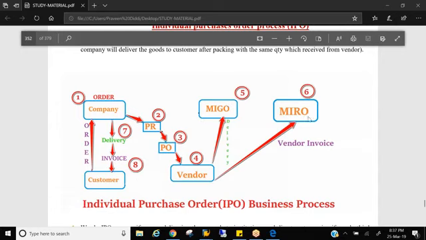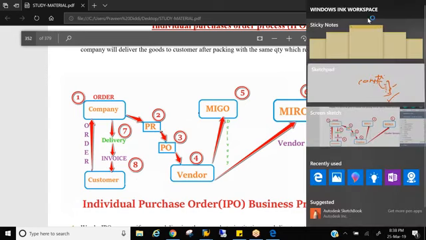MIRO is a T code for incoming invoices. As a company, we also receive lots of invoices from vendors and suppliers. So how do you capture those incoming invoices? Through MIRO. And how do you capture the goods coming inside the plant? Through MIGO. Okay, they are T codes. Later, once we discuss the business process, we can discuss more on that. So the next is consignments, the special stock indicator W.